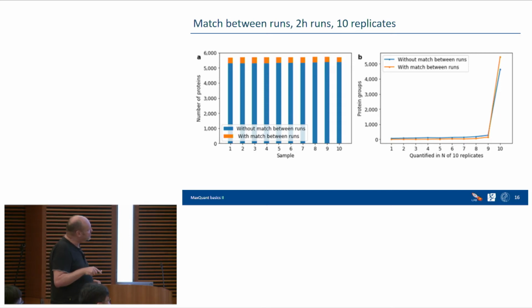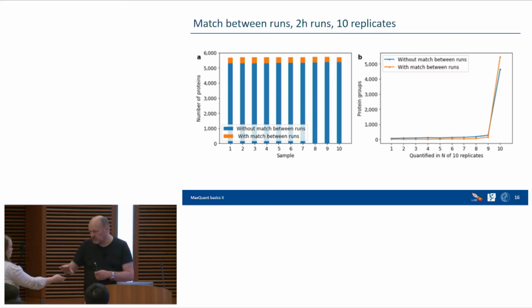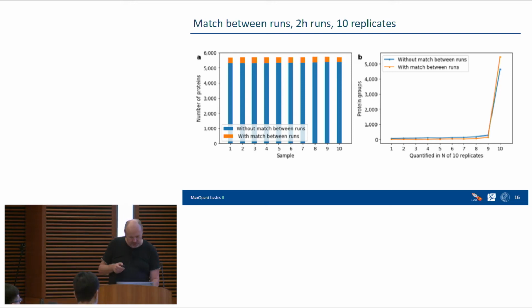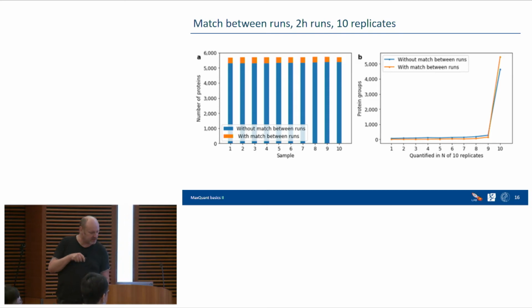And interesting is actually this plot here, which tells you how often do you see a certain protein in each. So this is telling you how often you see a certain protein in n out of the 10 replicates, right? And so there's ones with matching between runs and ones without matching between runs. So you see basically the number of